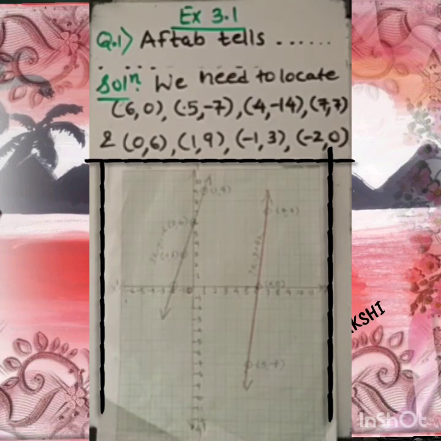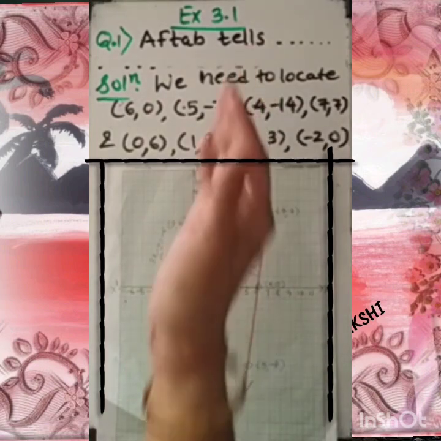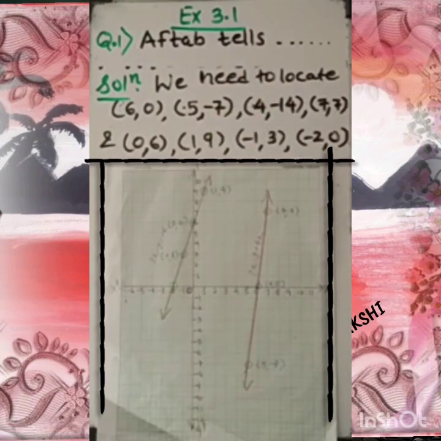Now what does it represent? This line represents the equation graphically. When we plot it on the graph, we can see these lines are not intersecting anywhere. Maybe if we extend these lines, then they can intersect at some point, but we have to represent it only graphically. So this much is enough for the first question. I hope it's clear to you.